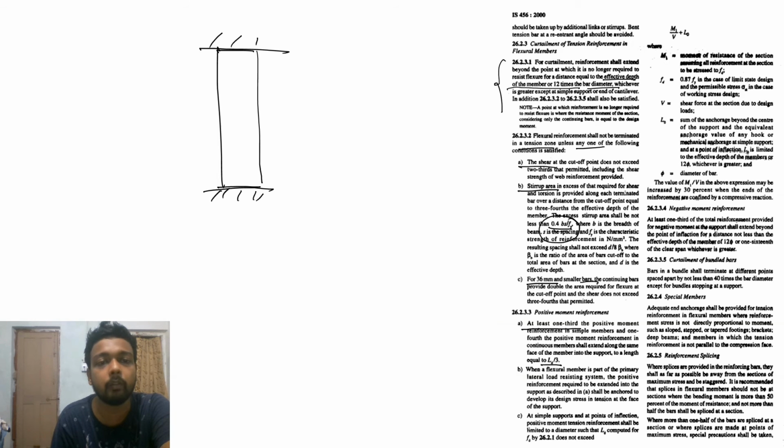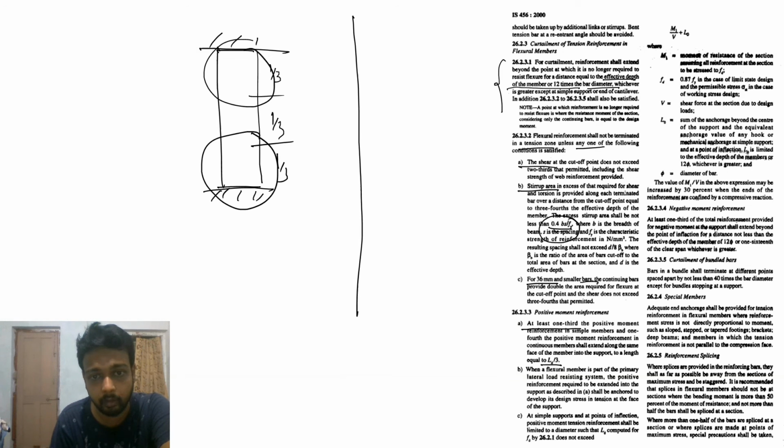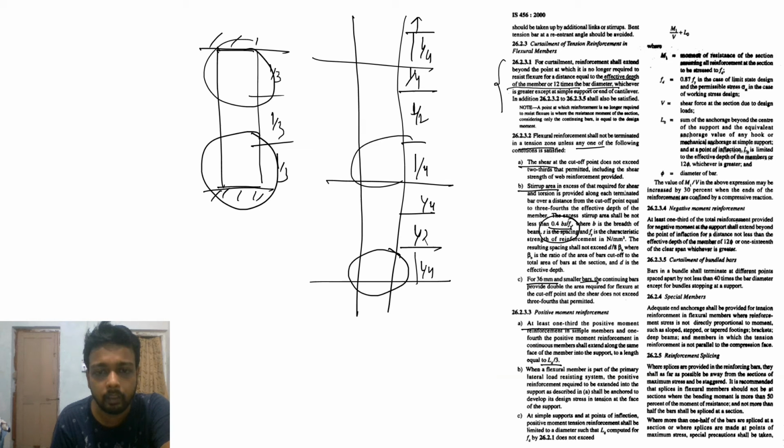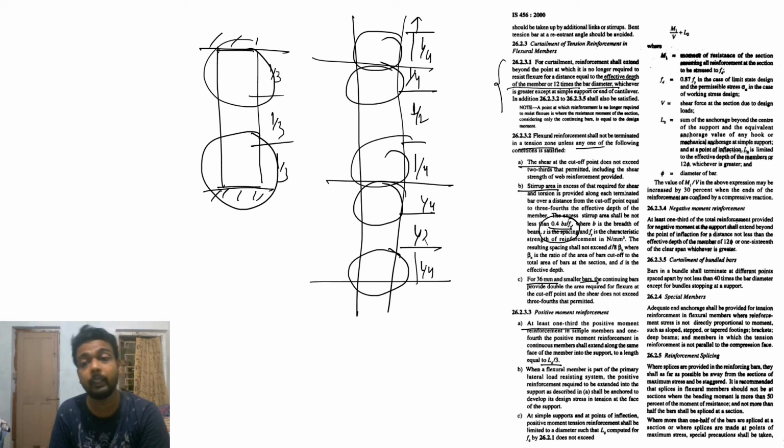Then positive moment will occur. Suppose it is 1/3, 1/3, 1/3. Here positive moment occurs. But suppose it is continuous, 1/4, 1/4, and L/2 in the middle. Same, this is L/4 and L/2 in the middle: here L/4, here L/2, here L/4. From here, here, here, here, the positive moment will occur.